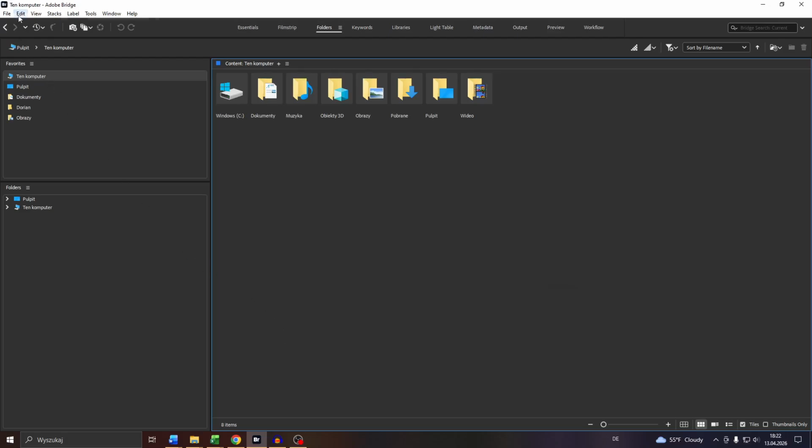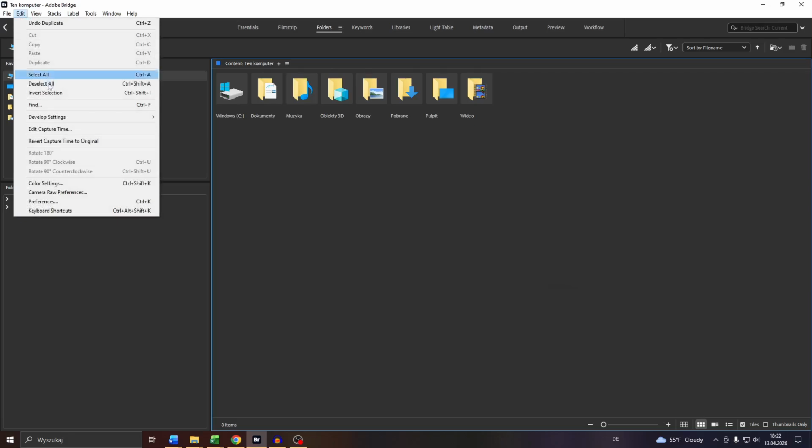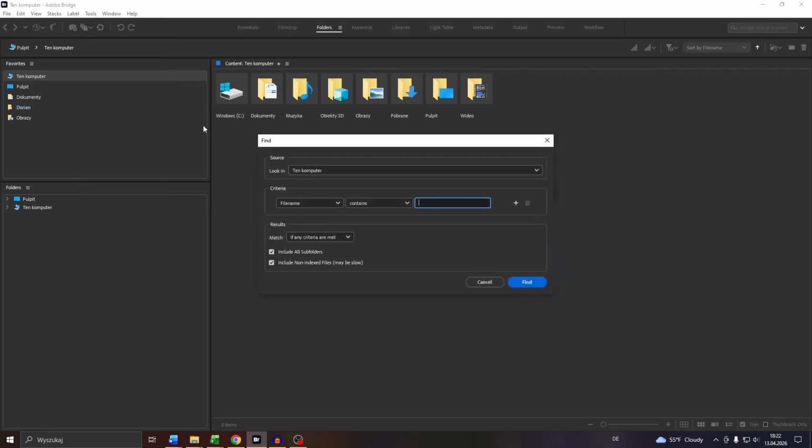So what you want to do is click into Edit in the top left, use the shortcut Control F or Command F if you're using Mac for find. And then you will see this mask here. You may select the source, for example, drive C or drive D on your computer. Select it from the drop-down menu and then adjust the criteria, the file name, or may contain,